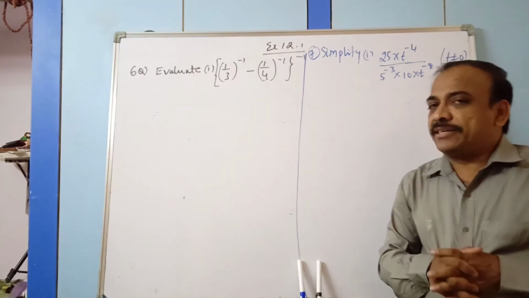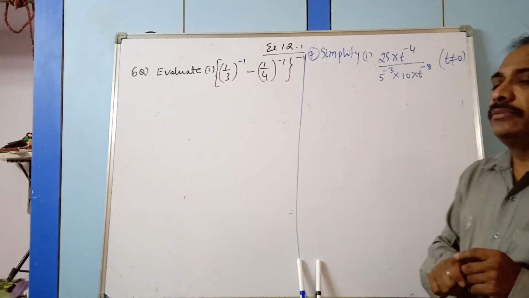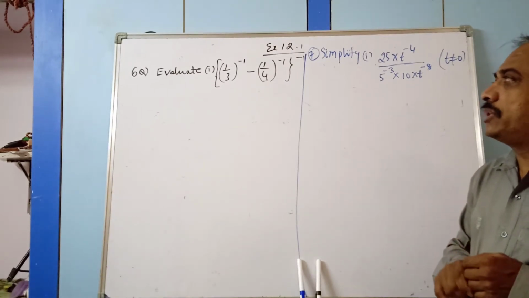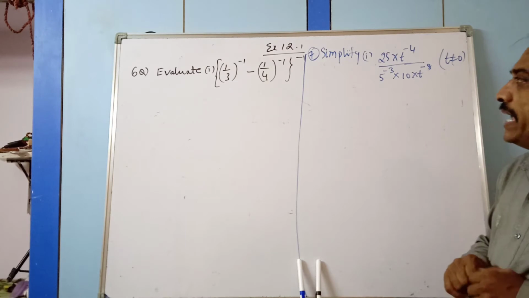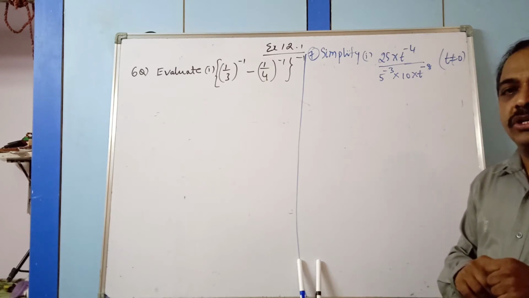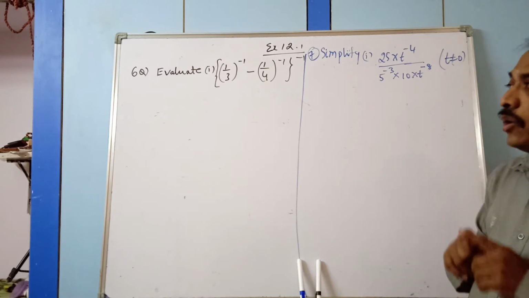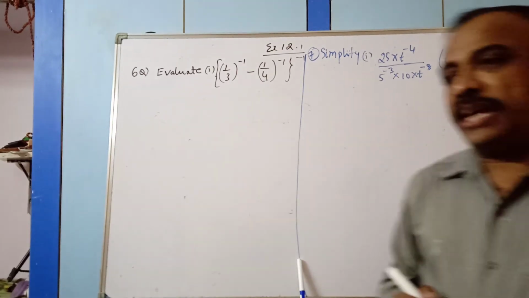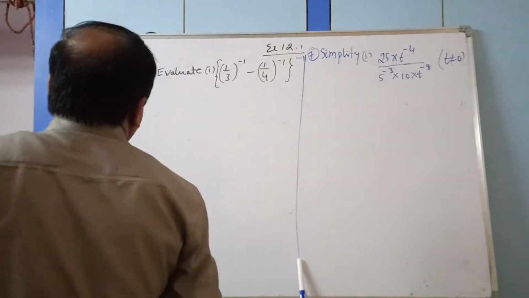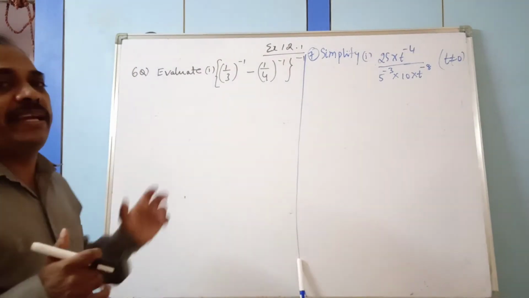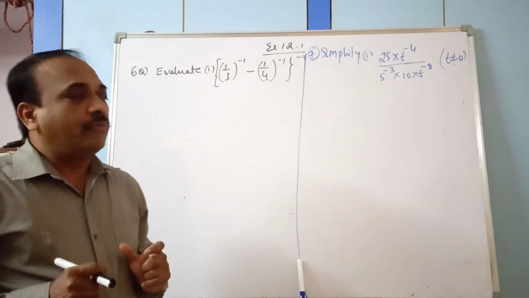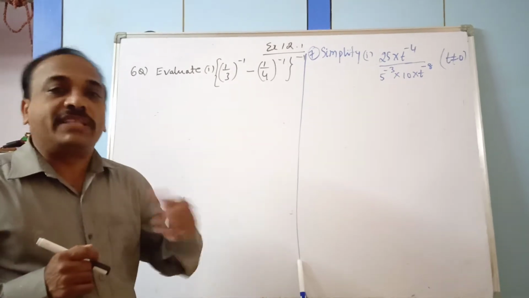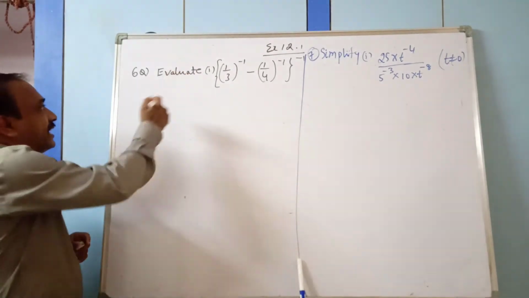Question number 6. Evaluate ((1/3)^-1 - (1/4)^-1)^-1. Observe it carefully when you are simplifying. When you have too many brackets, first simplify inside the bracket, then go for the next bracket. So when you take this part,